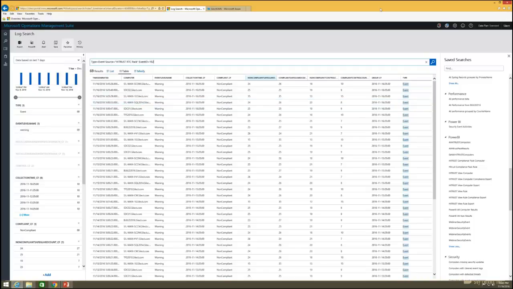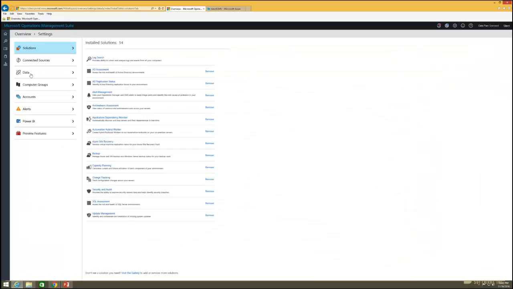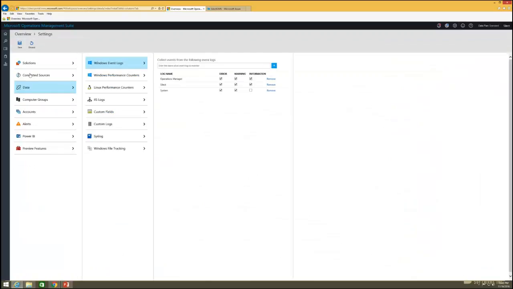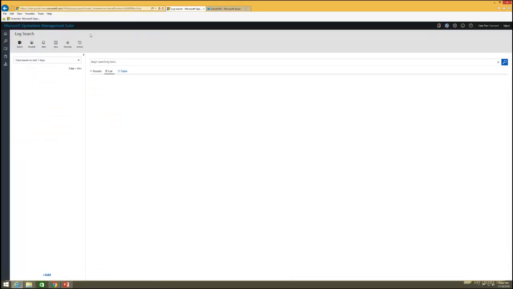Okay, I'm running low on time, so I'm just going to skip a bit of stuff, but I will show you again how we're getting the data coming in. The data is coming in because I've defined this, so it's getting sucked in from the computers that we're monitoring and being put in there. So custom fields. So the custom field data,